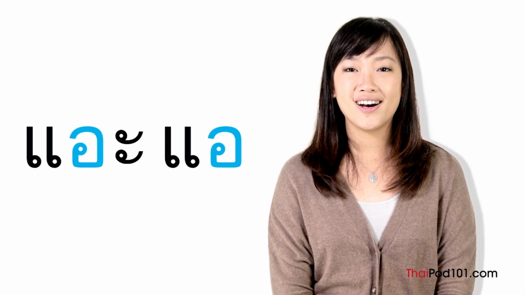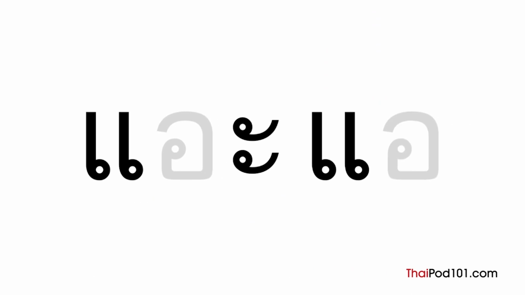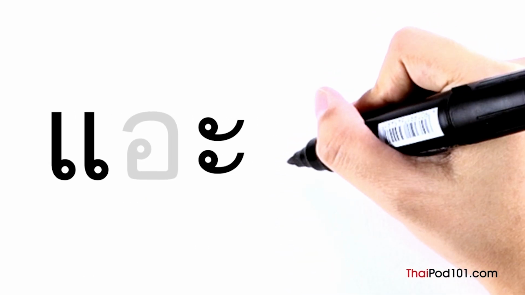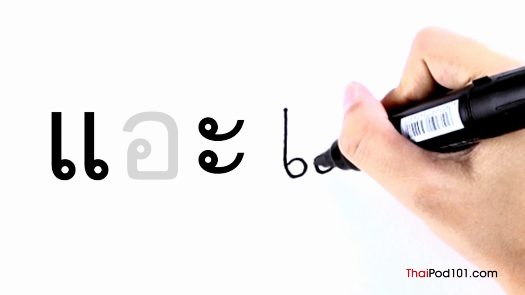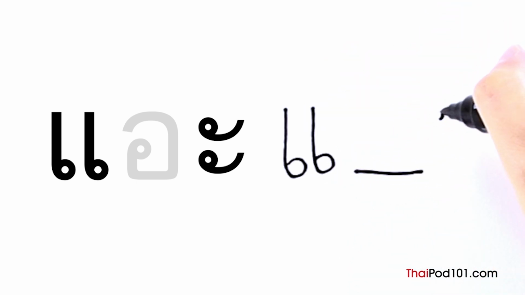The two new vowels in this lesson are สระแอะ and สระแอ. They are written with a double สระเอ before the consonant. Then, for the short vowel, สระอะ is added after the consonant. The sound of สระแอะ and สระแอ is like the A in cat. Let's write this. สระแอะ สระแอ